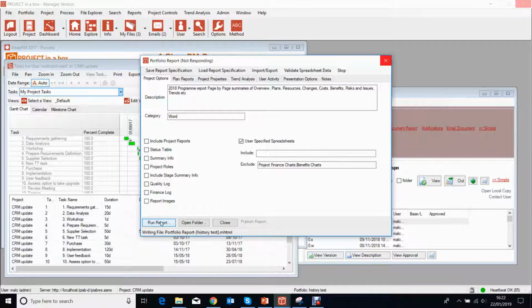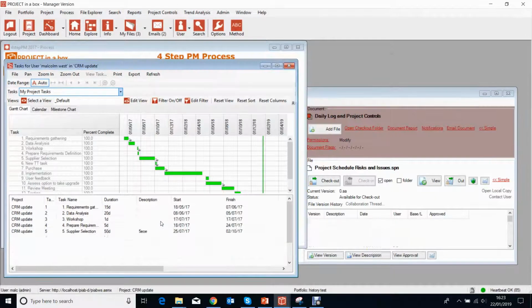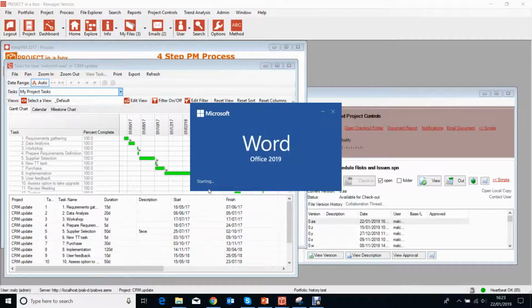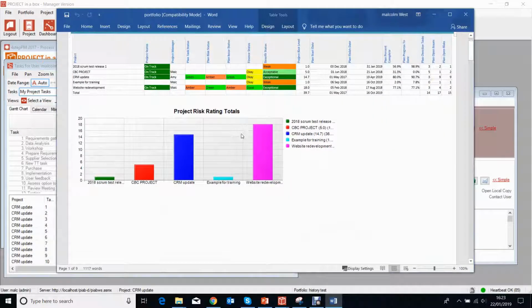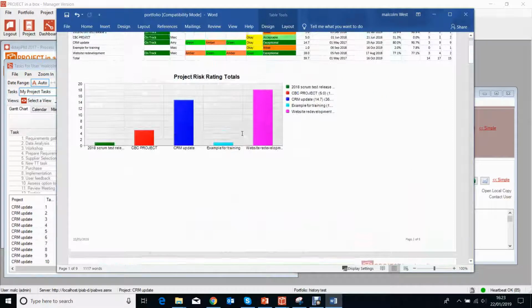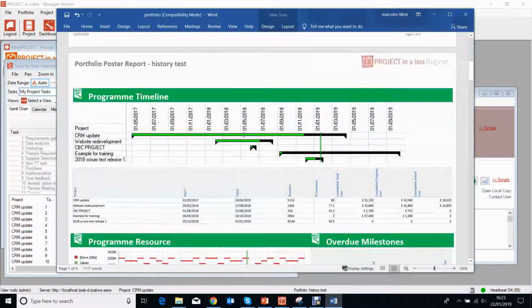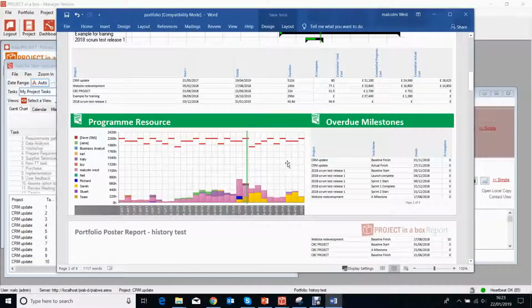So that's just coming through now, and then we'll just scan down to find the relevant bit within the report itself. So we've got some general stats and risk levels and plan information, and here's our resource portfolio histogram. Looks very similar, of course, to the one we just looked at a minute ago, because it's exactly that